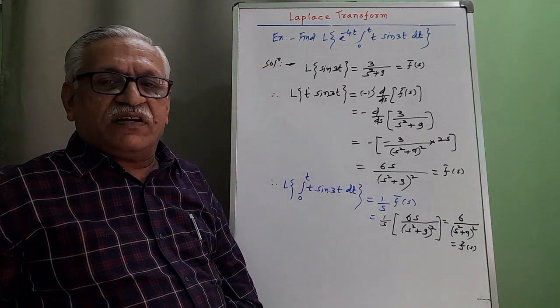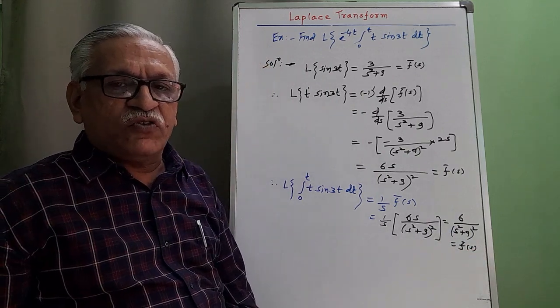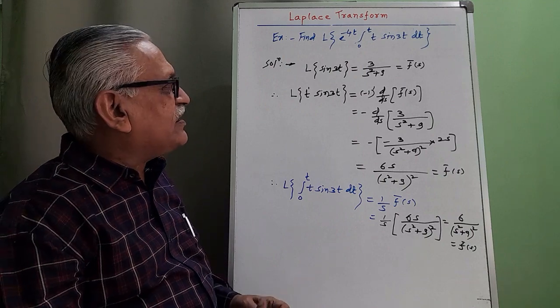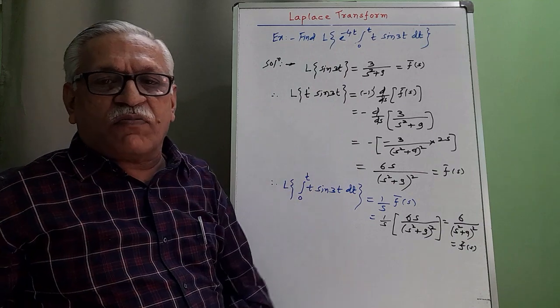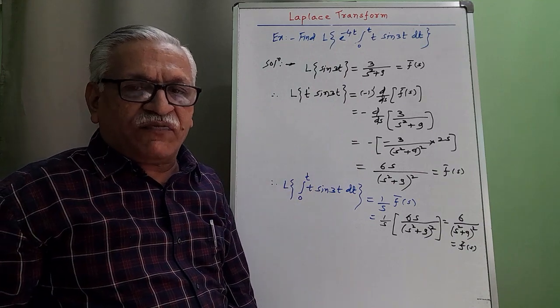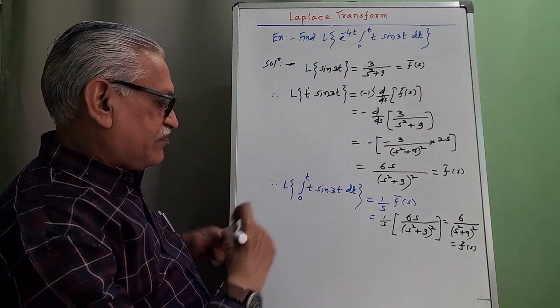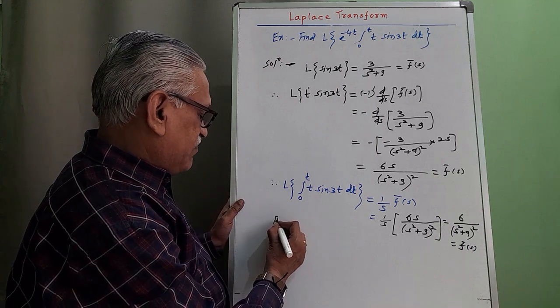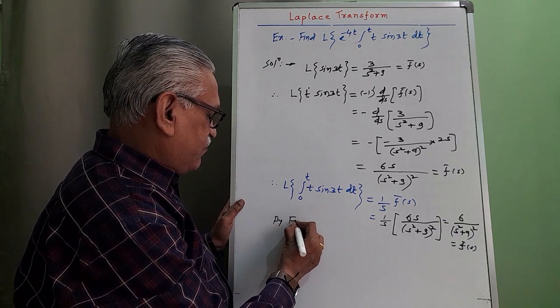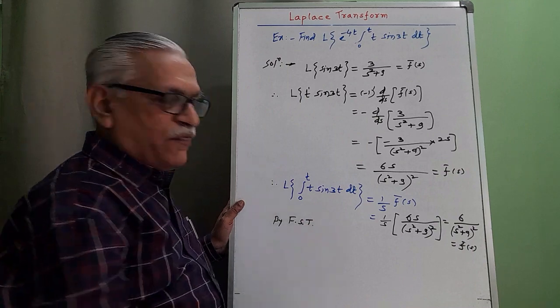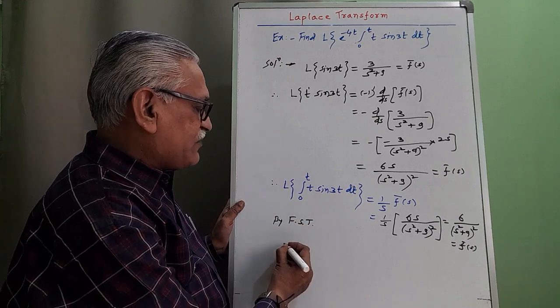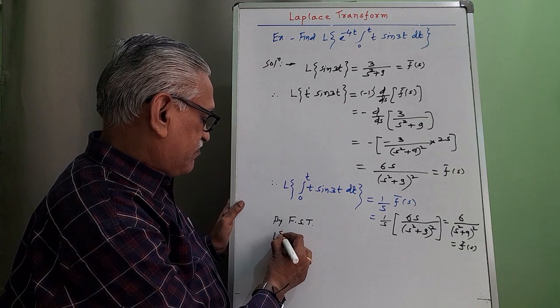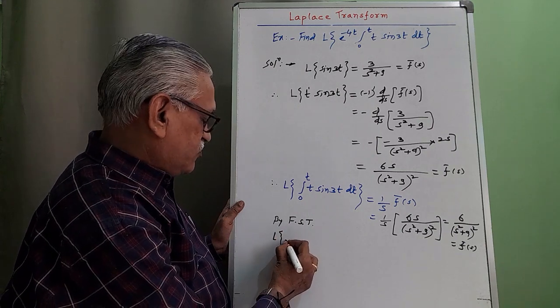Every time I am calling it as a new F bar of s. And then the final step is multiplied by e raised to minus 4t, which means it is a problem of the first shifting theorem. Therefore, applying that first shifting theorem, FST, the full form is first shifting theorem, Laplace transform of e raised to minus 4t